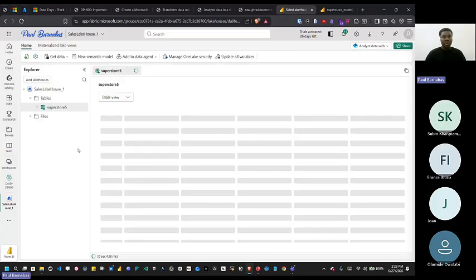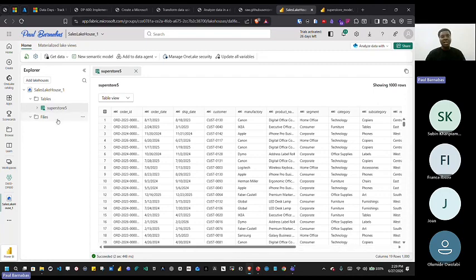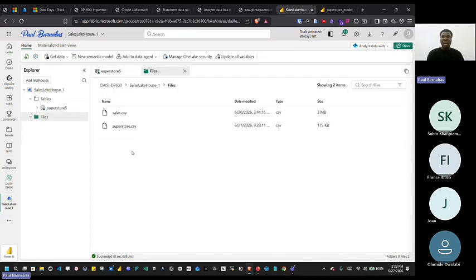So the moment it's done loading, that is what gives us the ability to add files, right? Add files within our Lakehouse. The Lakehouse is just like an engine sitting on top of a storage. The storage is OneLake, right? So within OneLake, we can upload and keep different types of data, right? So we upload the data. Now, the data warehouse part is what gives us the ability to